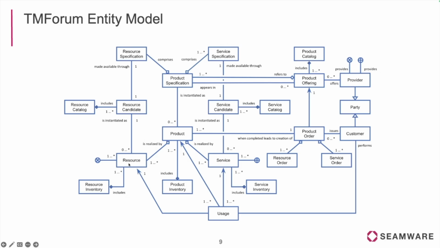The resources will be the real instances that have been procured: the real virtual machine, the real disk, the real RAM, the real resource running in Kubernetes, okay? The particular instances. And the product represents the instance of all this stuff that has been created for the particular customer. Okay, I know that this may be confusing at the beginning, but if we see this with a particular